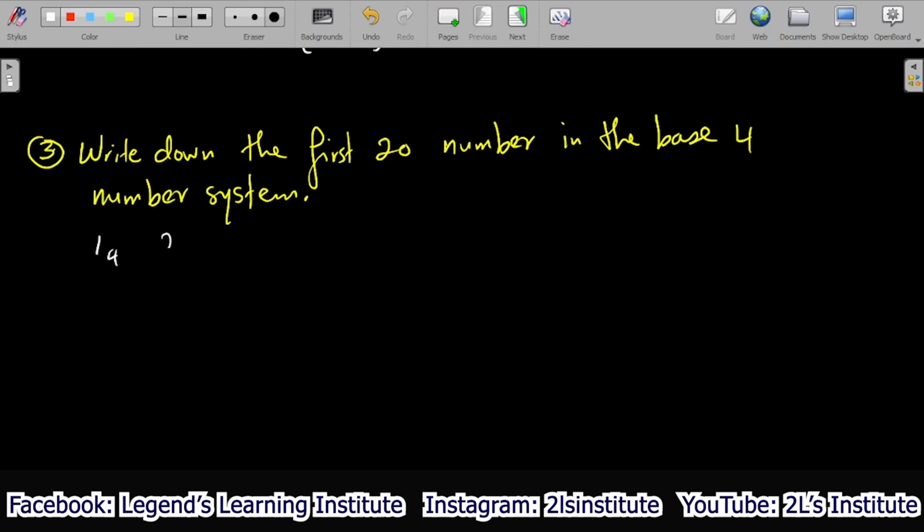4, then 2 base 4, 3 base 4, right, then we have 1 0 base 4, we don't say 10 base 4, right, then 1 1 base 4, not 11 base 4, but 1 1 base 4, and then we have 1 2 base 4, 1 3 base 4, 2 0 base 4, 2 1 base 4, right. You might be asking yourself why